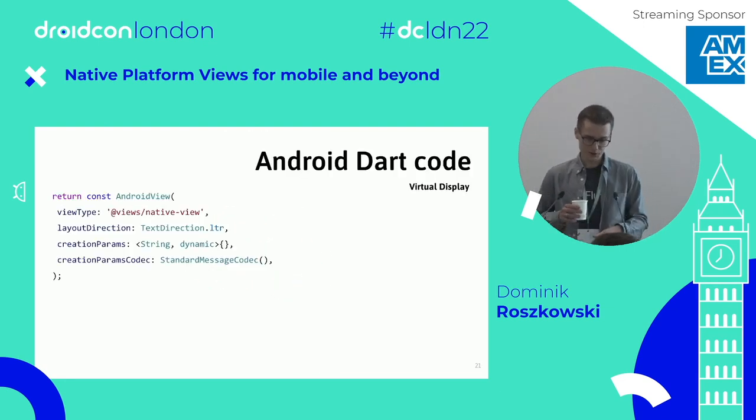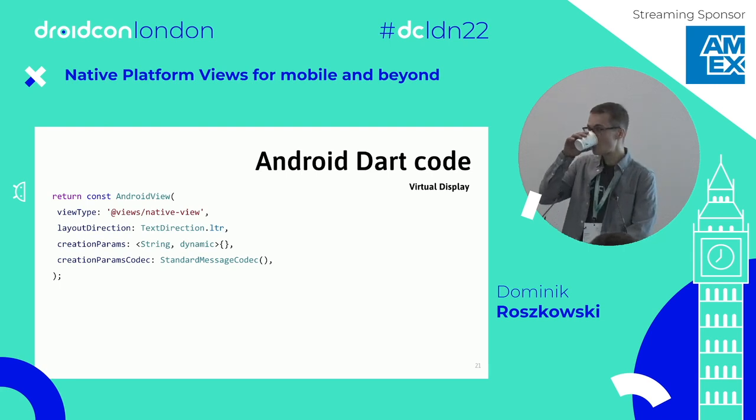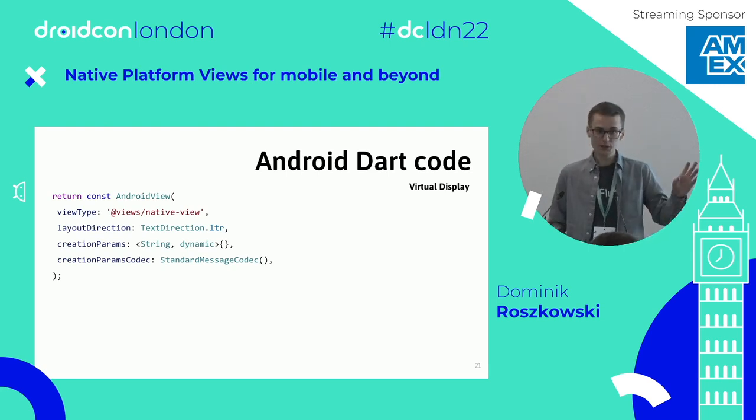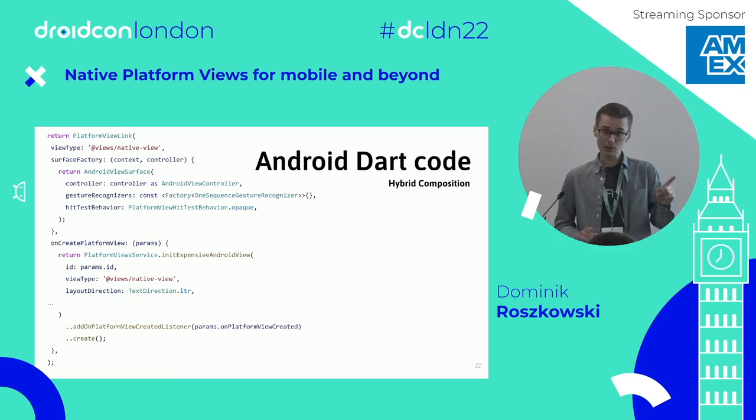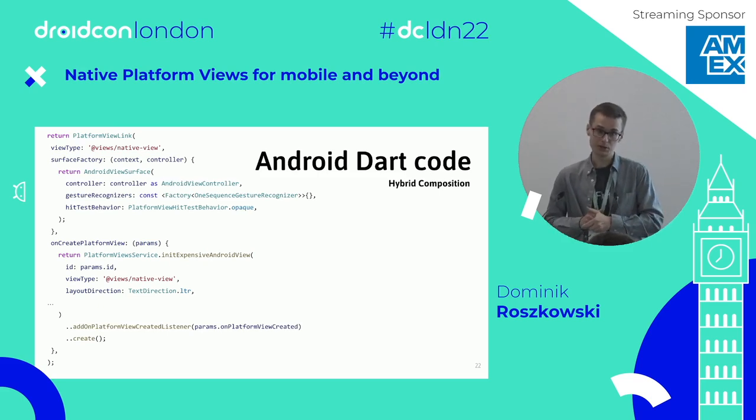The Android side, pretty simple as well. So we start with the simpler approach, right? What we call the virtual display. And if you want to use the virtual display, you just use this widget, AndroidView. And similar to the iOS side, we just need to know the key. However, if you want to use the hybrid composition, there is a bit more boilerplate. So the